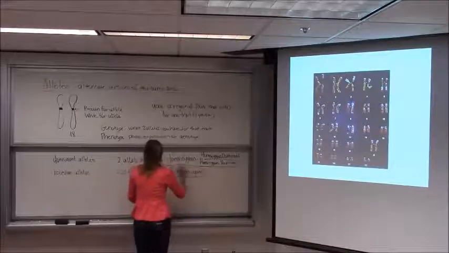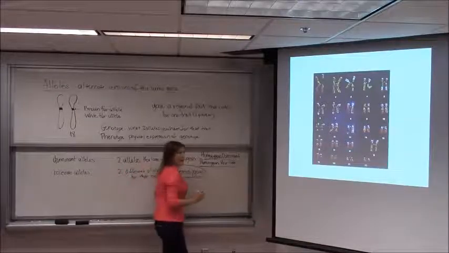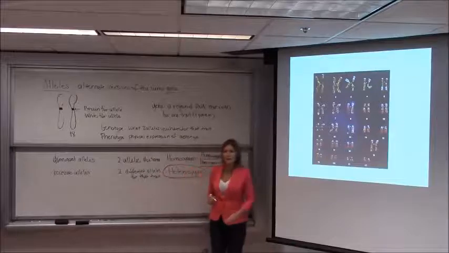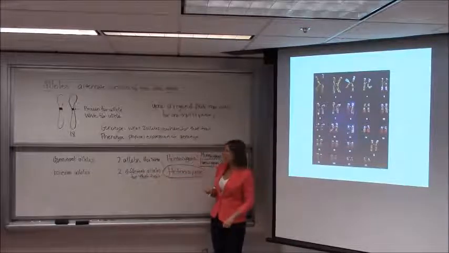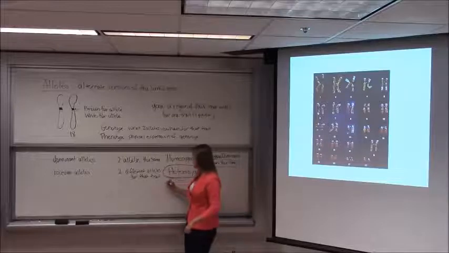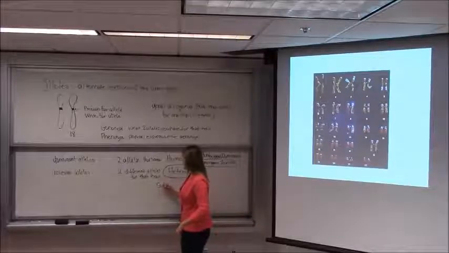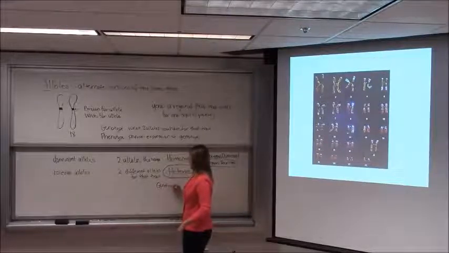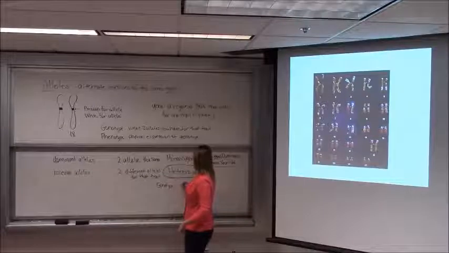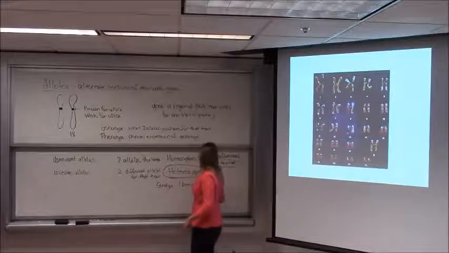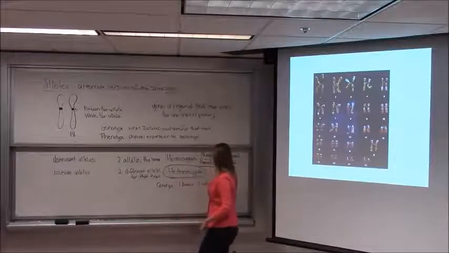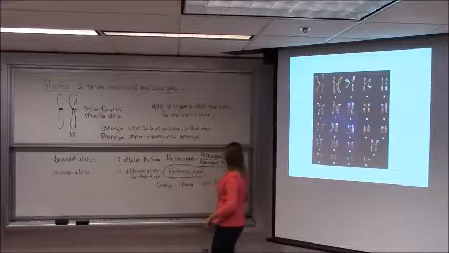The heterozygous individual is going to tell us a lot about what kind of inheritance we're talking about. If we're talking about the fur color and the genotype of that hamster was that he had one brown allele and one white allele, in other words, he was heterozygous,